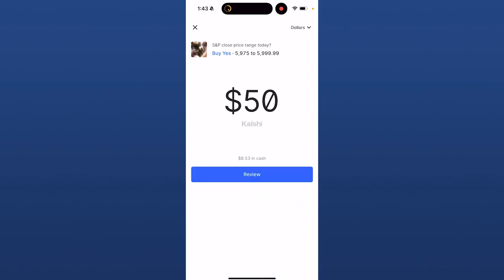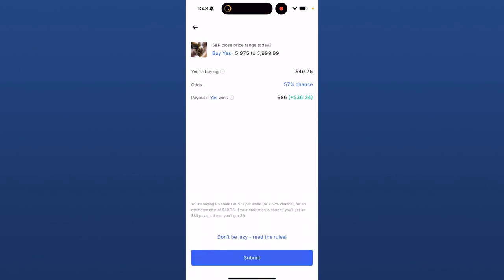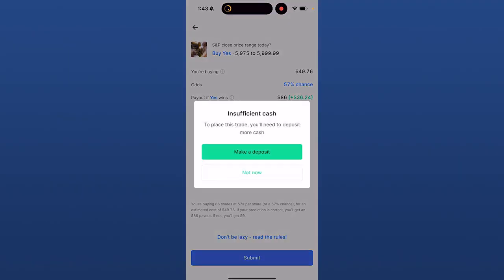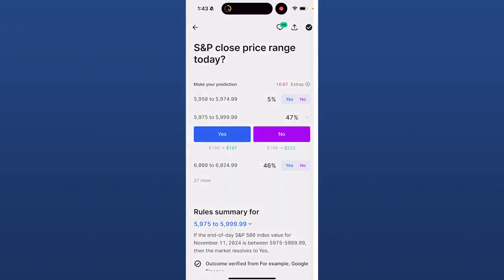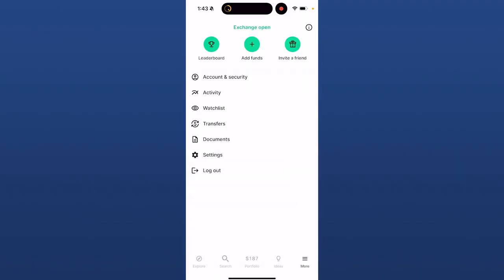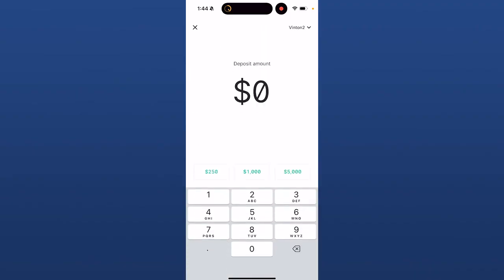You can put $50 or even more, and then you just click on submit, and it will make you make a deposit if you do not have enough cash in your app. So you just click on this, and you can simply connect your bank. I'm going to show you, going out of these settings, clicking on more, and then you can simply click on the option add funds in the top middle. And as you can see in the top right, you can simply click on your bank account's name, and yeah, use the Kalshi